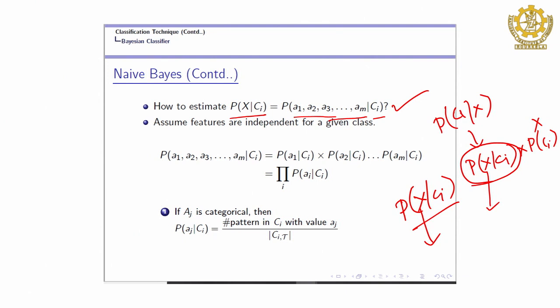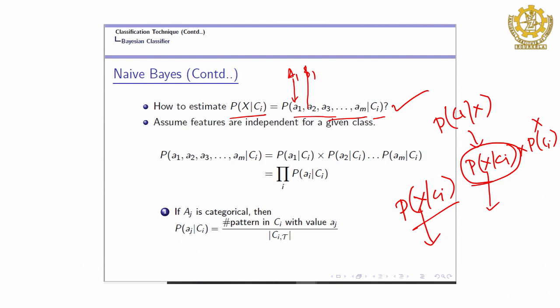Now, in naive Bayes classifier one thing is done, that is we assume that each feature is independent of the others. So, that means there is no dependency between the random variable, let us say, A1 and random variable B1. What is random variable A1? A1 is the first feature, B1 another feature. So, all features are independent of each other. That is what is called the naive Bayes classifier, but in general it may not happen in reality. Reality means we do not know, but in most cases we assume that.